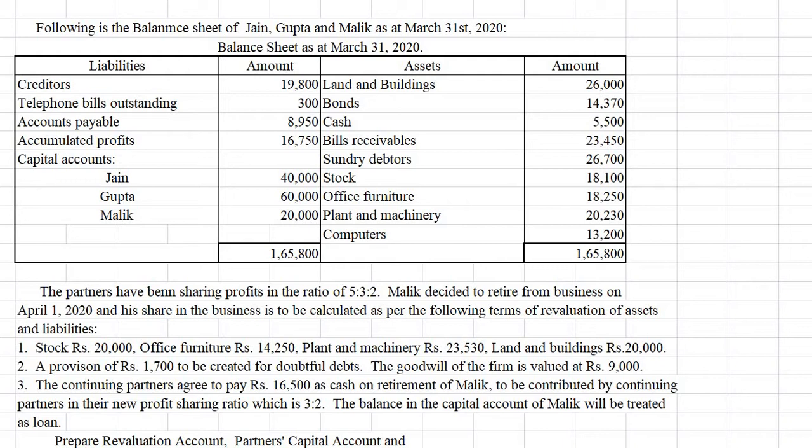Then goodwill of the firm is directly given here. It is valued as 9,000. So we have to find out the retiring partner's share of goodwill. That's all. No need of finding out the goodwill. Then this is the